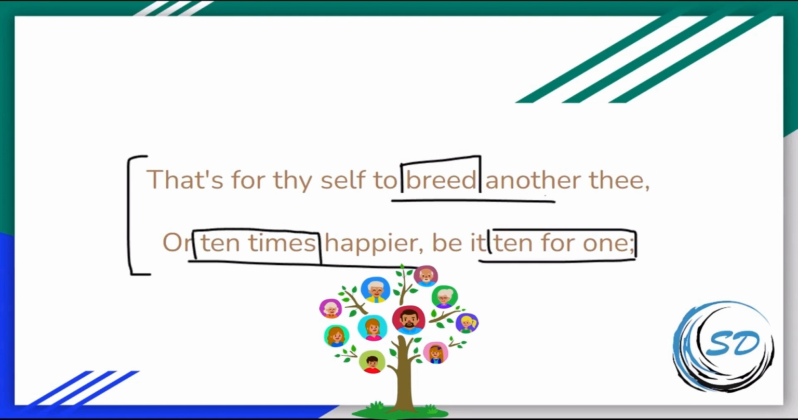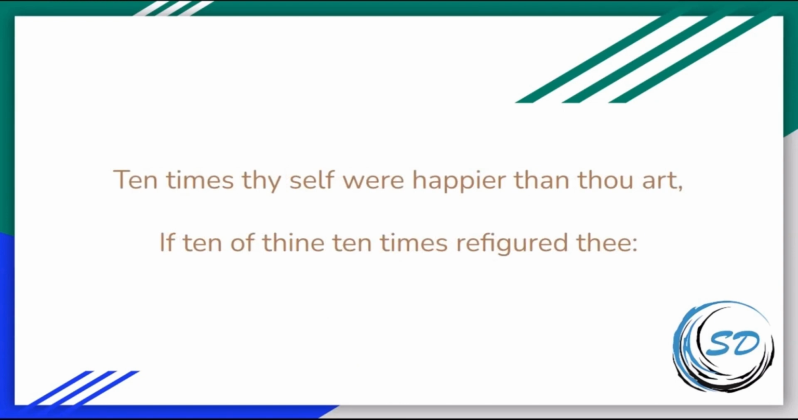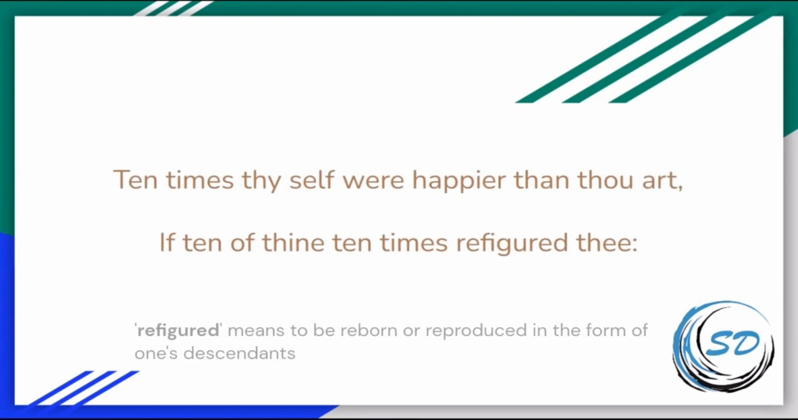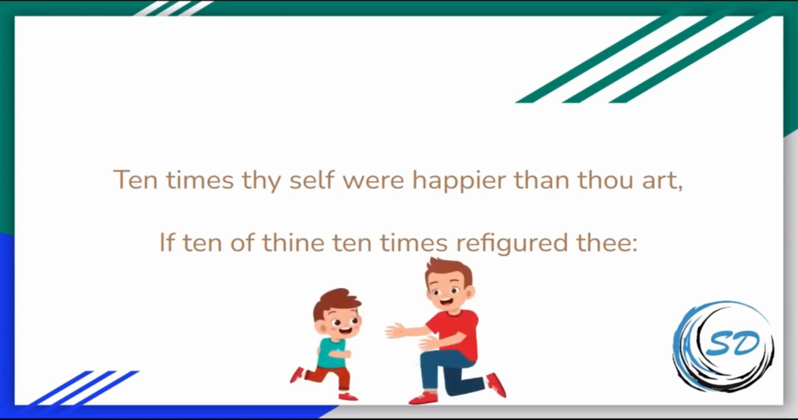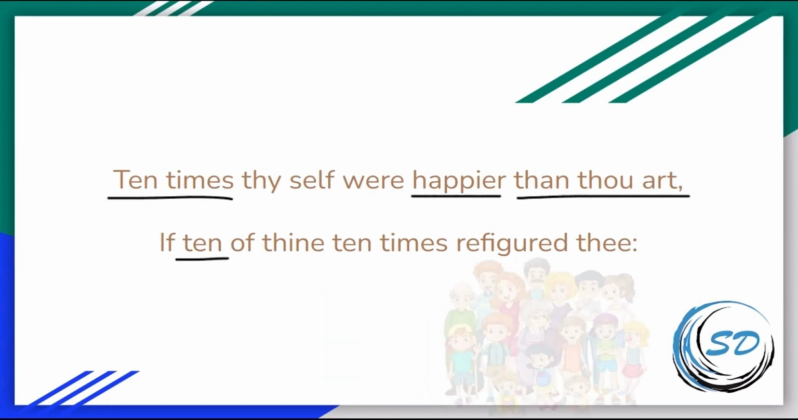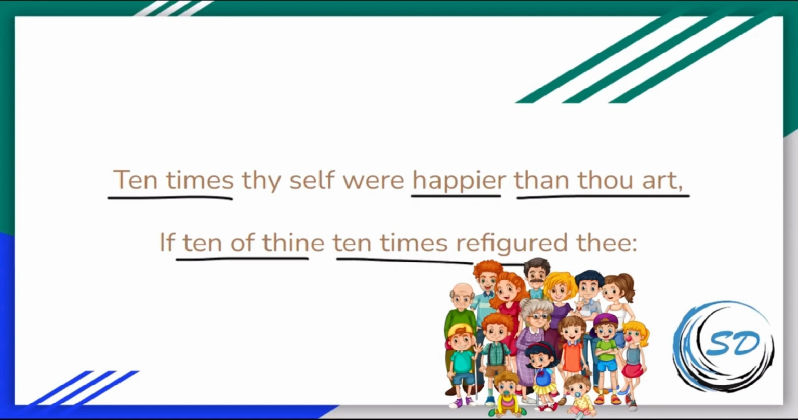Ten times thyself were happier than thou art, if ten of thine ten times refigured thee. The speaker suggests that being the progenitor of another person who possesses your beauty would bring ten times more happiness than you currently experience. If ten individuals were to reproduce and pass down your beauty through multiple generations, Shakespeare continues